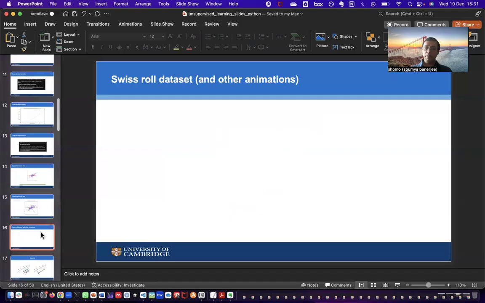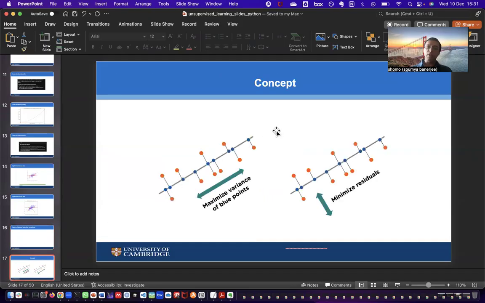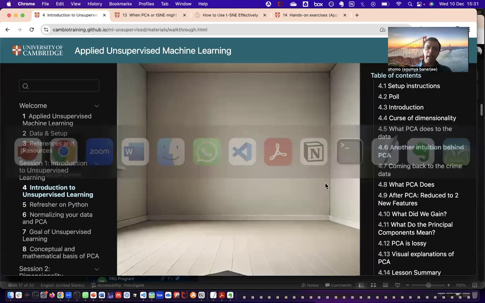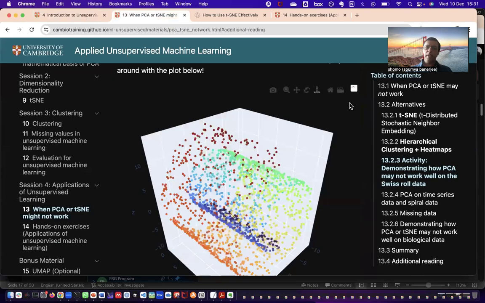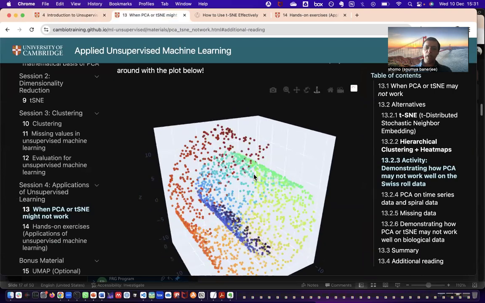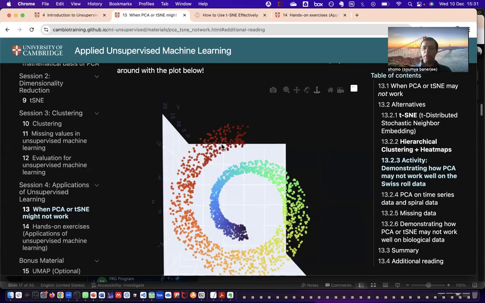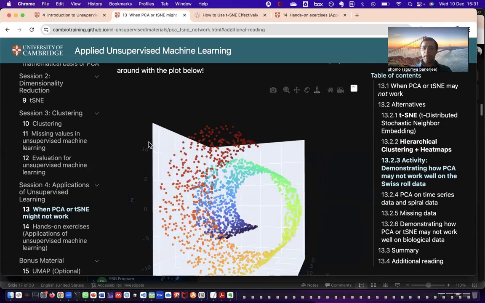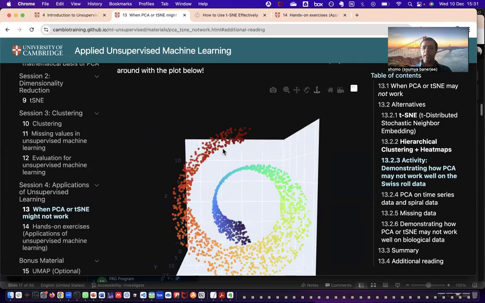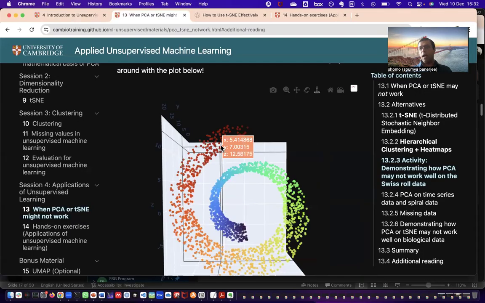Again, it seems very, very similar to linear regression, except it's not. And I will get to that in a minute. What we are really trying to do is capture the most variance in the data, or minimize these residuals. And that is really the principal concept behind PCA. Again, there are lots of different animations that I use. This is something that's called the Swiss roll data set. Students usually play around with it, and you can quickly see that there is one particular way. If I look at this rather than this head on, then I can see that the data can be nicely separated. Otherwise, it's not.